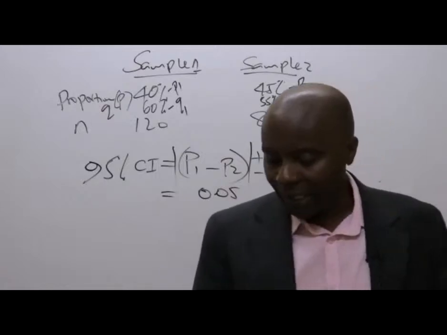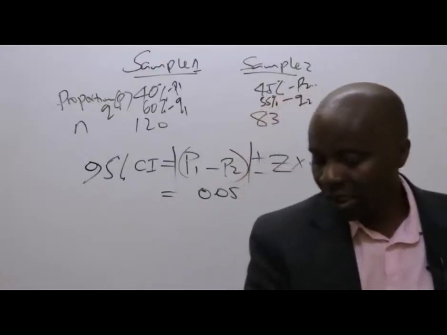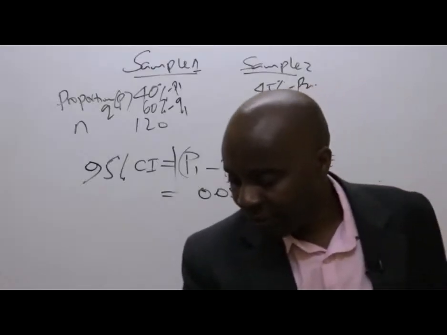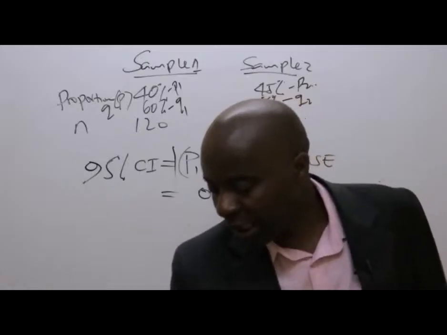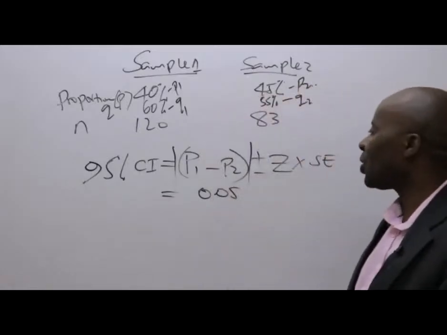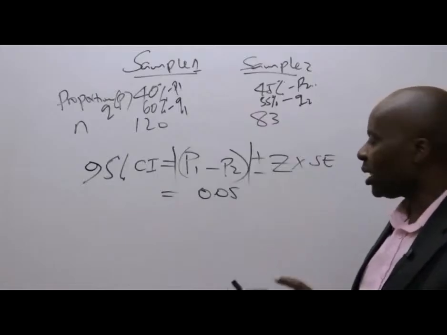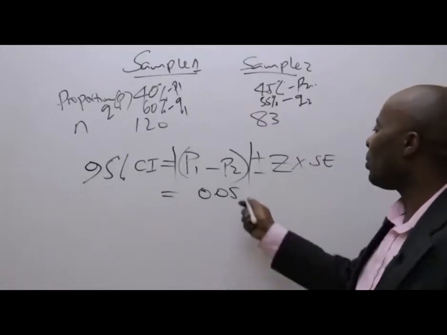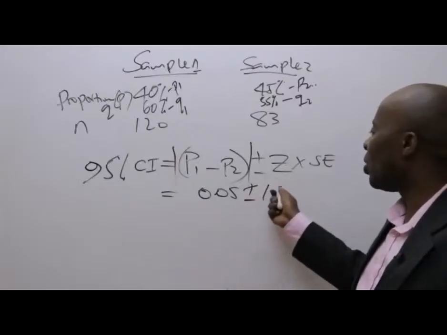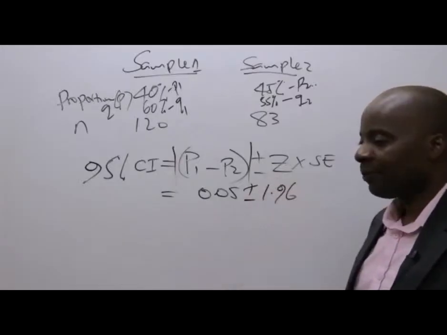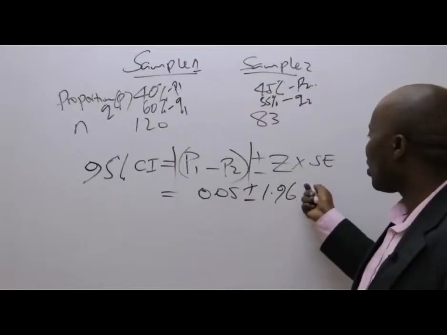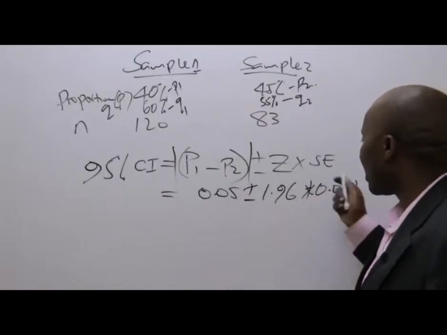And to imagine Dahir has been able to get that figure. And if that is the case, we have a negative, but we are disregarding the negative. So we take it as 0.05 plus or minus the Z that you got, which is 1.96, times the standard error. Fortunately, you have obtained the standard error somewhere up there,